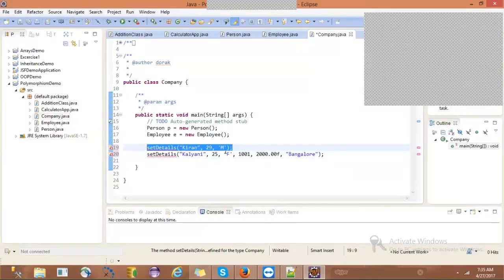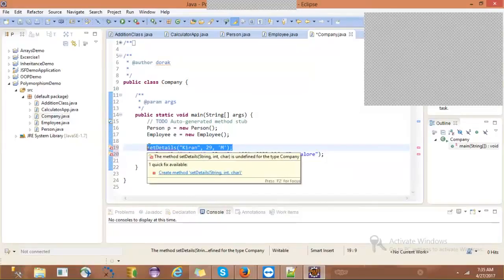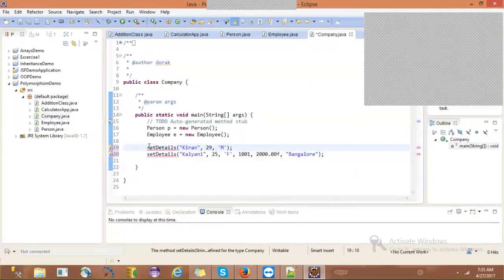Where do we have the 3 arguments matching parameters method? In the person class, based on the arguments. Based on the arguments we can decide, right?